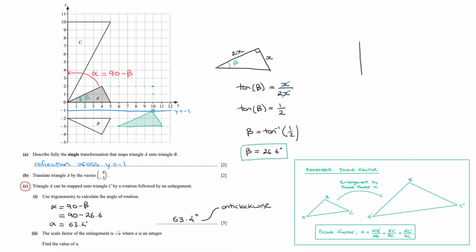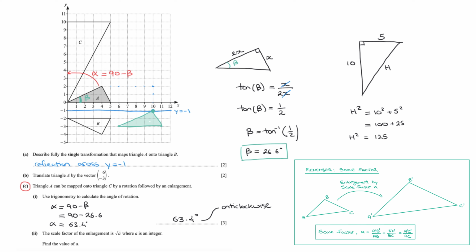And so if I make a quick sketch of triangle C on the right-hand side here, it looks something like this, with my right angle here, and we have a side length of 10 centimeters here and a side length of 5 centimeters there. And so the hypotenuse, which I'll just call capital H, would be this side length here. Okay, well, because it's a right angle triangle, we can use Pythagoras' theorem, and we can go ahead and state that the square of the hypotenuse, so h squared, is equal to the sum of the squares of the other two sides. So that's 10 squared plus 5 squared, which becomes 100 plus 25. In other words, h squared is equal to